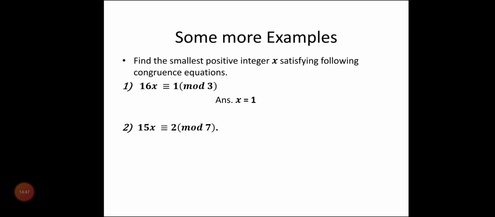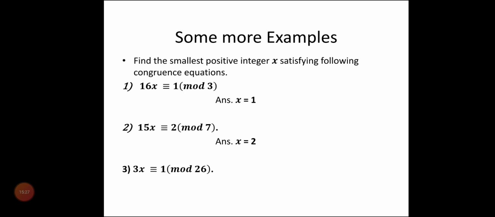Similarly over here the value of x will lie between 1 and 7. So put x is equal to 1. So you get 15 congruent to 2 modulo 7. So 15 minus 2 is 13. Is it true? No, 13 is not divisible by 7. So x equal to 1 cannot be an answer. Then put x is equal to 2. So when you put x is equal to 2, what you get is 30. 30 minus 2 is 28, which is divisible by 7, and therefore here the answer is x is equal to 2.